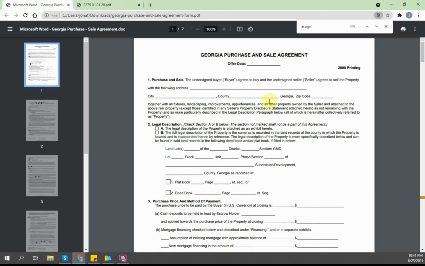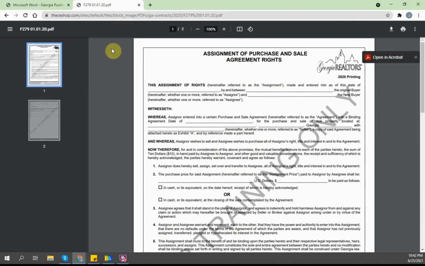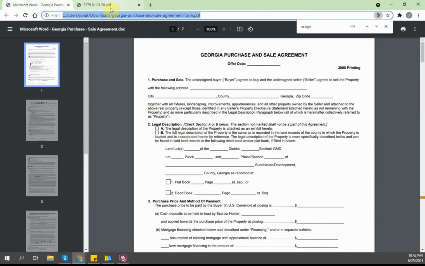You have to go back to this. Whenever you have the option contract and you find a buyer, the seller is actively marketing this property, right? So you have to get into an official purchase and sale agreement in order to get that property locked in, so the seller can stop marketing it and you are officially on the contract. You cannot take an option contract to a title agency. What you have to take to a title agency is your purchase agreement, and whenever you have an assignment, your assignment. Those are the contracts that the title agency is going to work with.